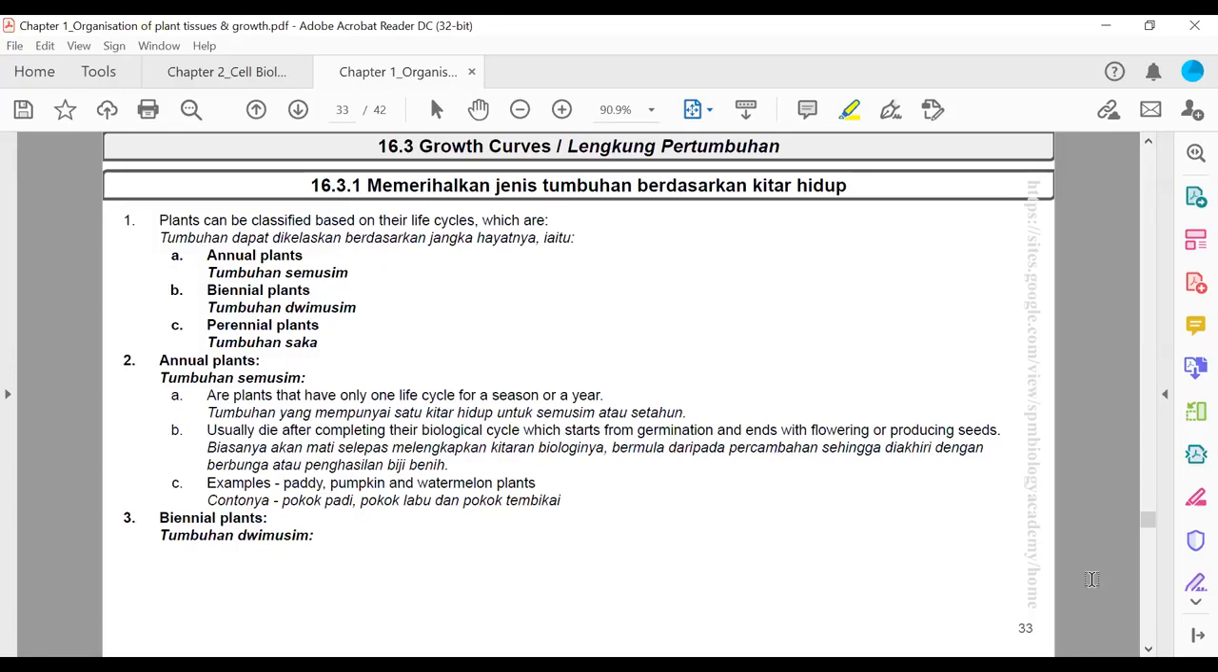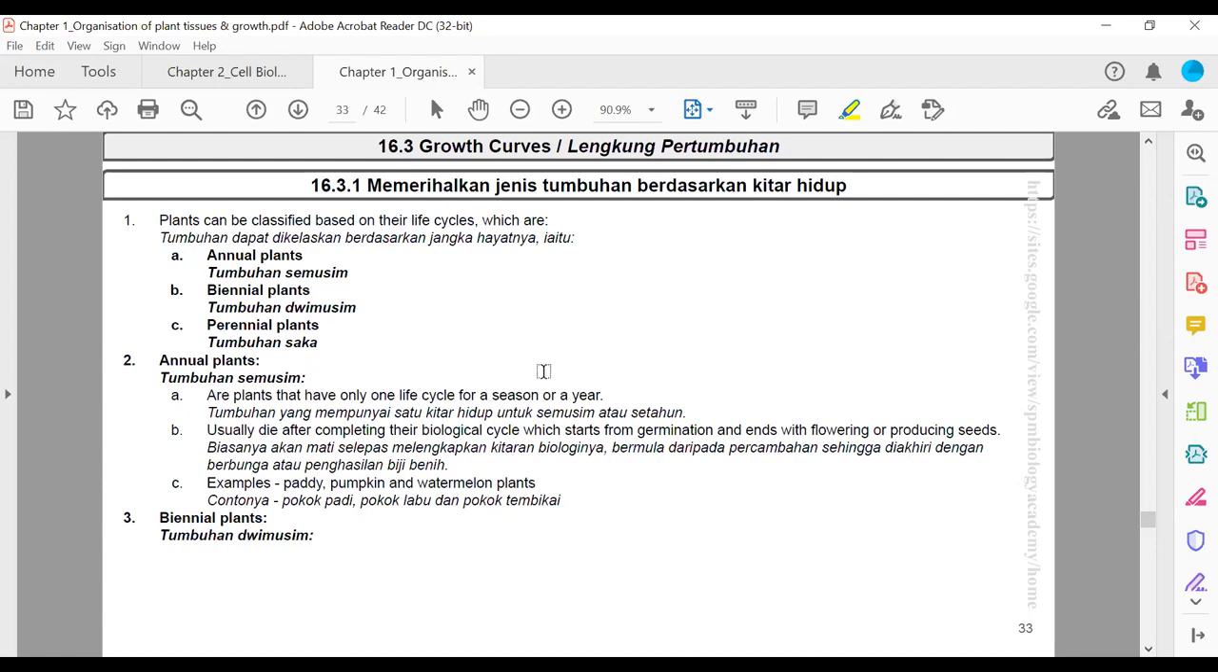We are entering the third part of this chapter, bahagian ketiga bab ini iaitu growth curves, lengkung pertumbuhan. 16.3.1 memerihalkan jenis tumbuhan berdasarkan kitar hidup. So we are going to see a few examples of plants, categories of plants based on how long they live. Plants can be classified based on their life cycle, which are tumbuhan dapat dikelaskan berdasarkan jangka hayatnya, how long